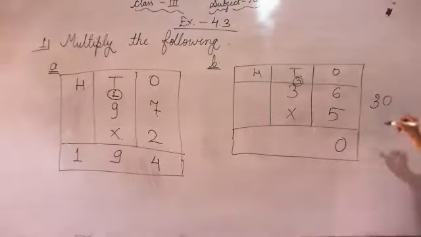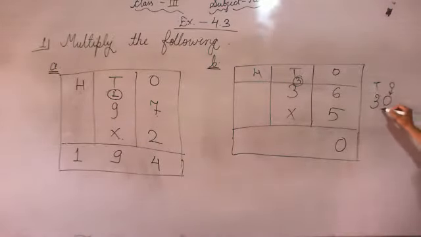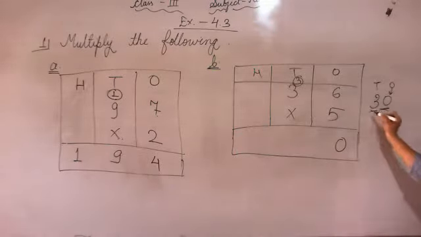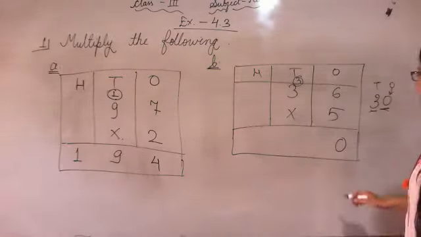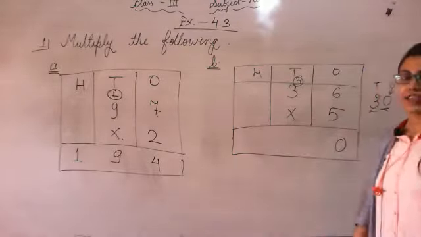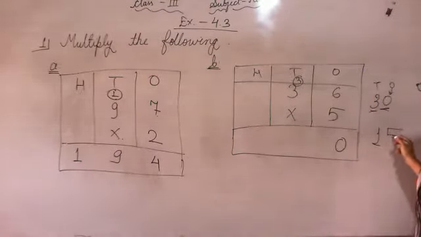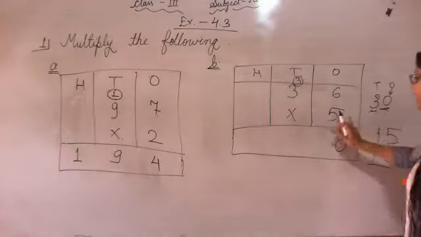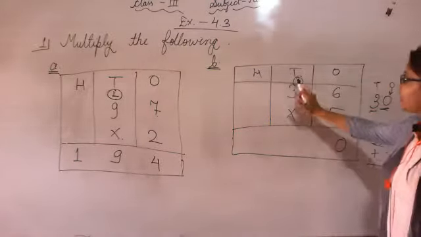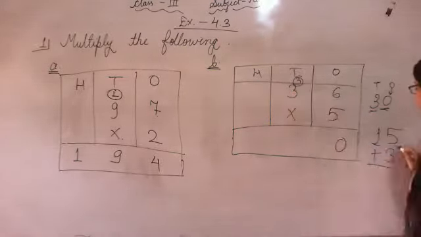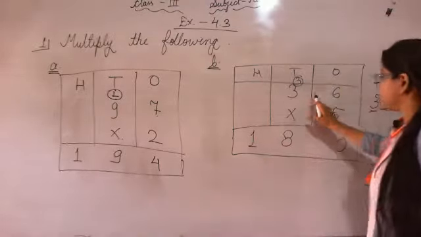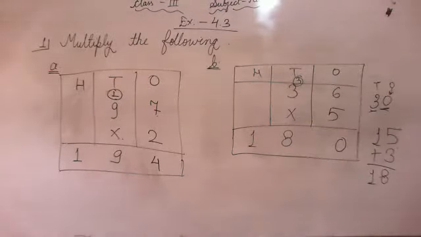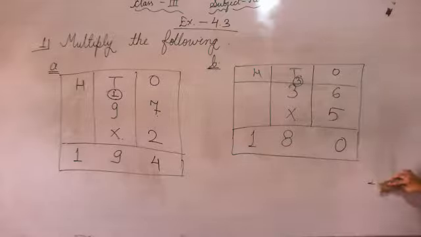Look at the number 30. This is the ones and this is the tens. So the value of ones we will write in the ones place and the value of tens we will carry. Now 5 into 3, 5 threes are 15. And this carry we will add to whatever we get after multiplying. So we got 15, and to the 15 we will add 3. So 15 plus 3 is 18. So we will write the number 18 here. So 36 into 5 is equal to 180. Dear student, note down both part A and B in your classwork copy properly.